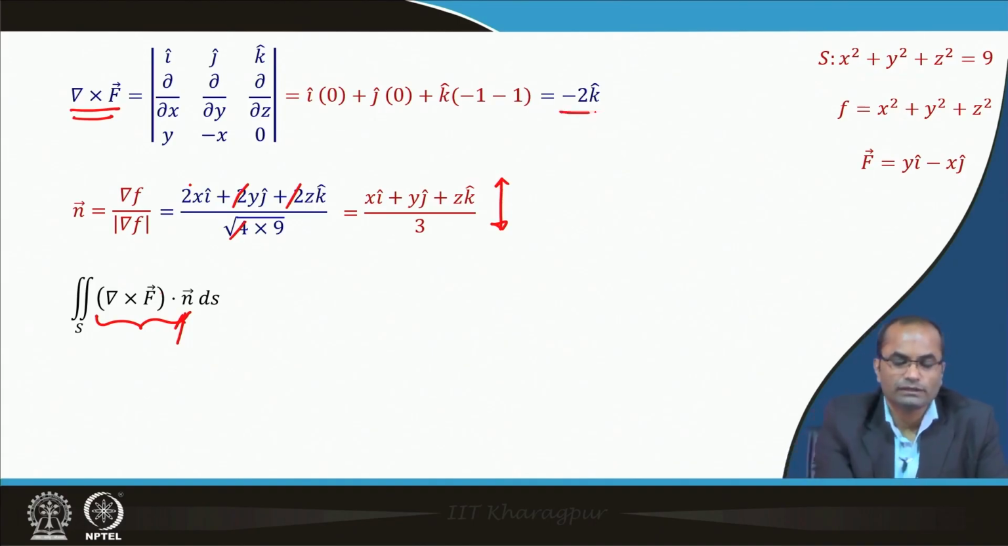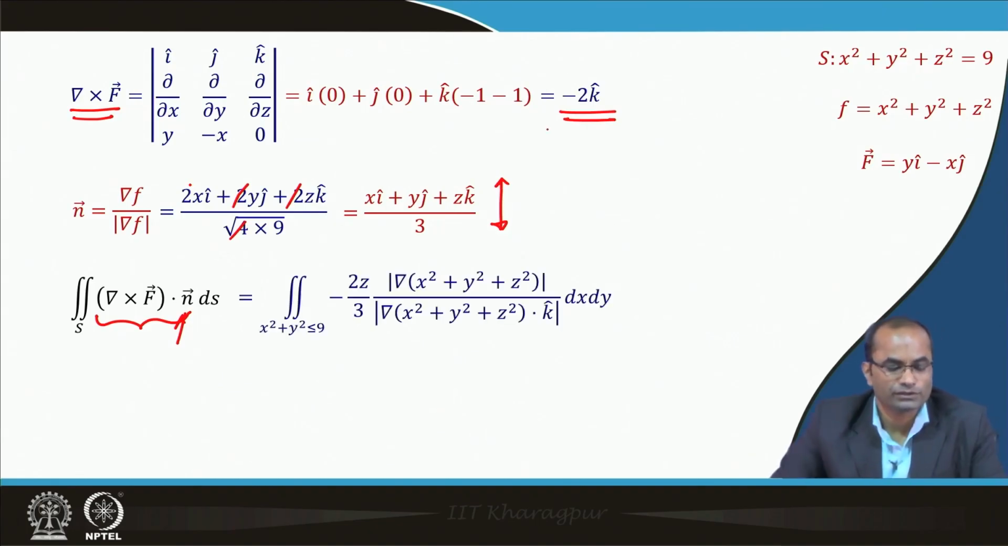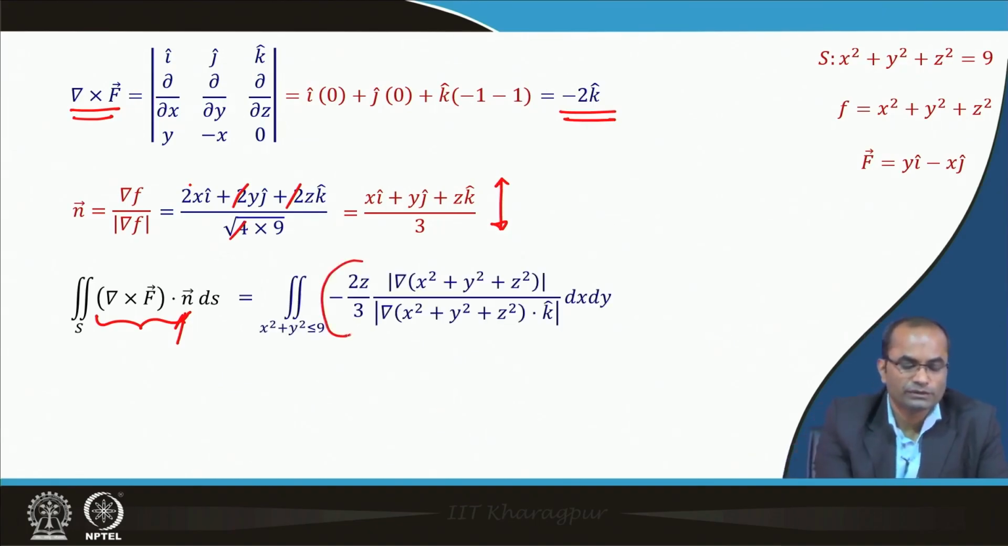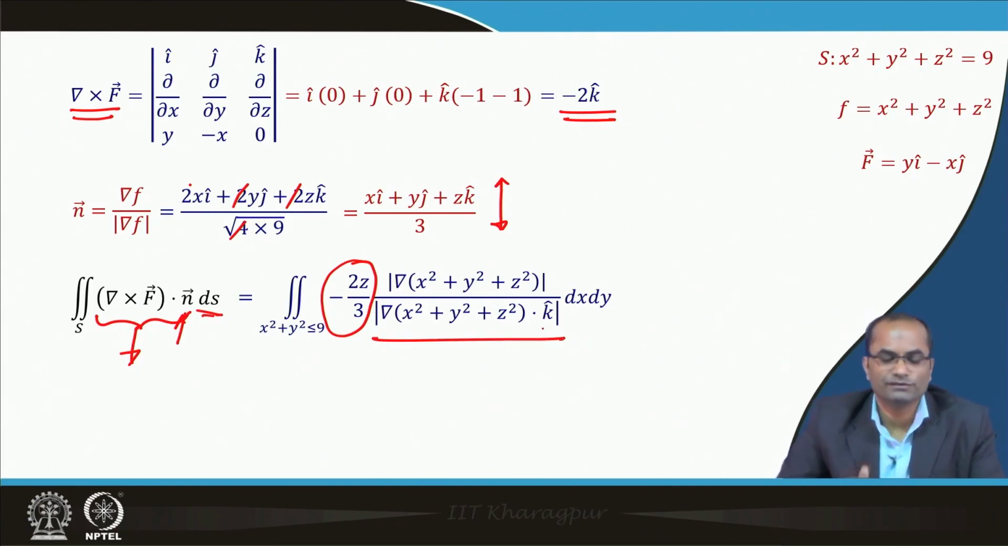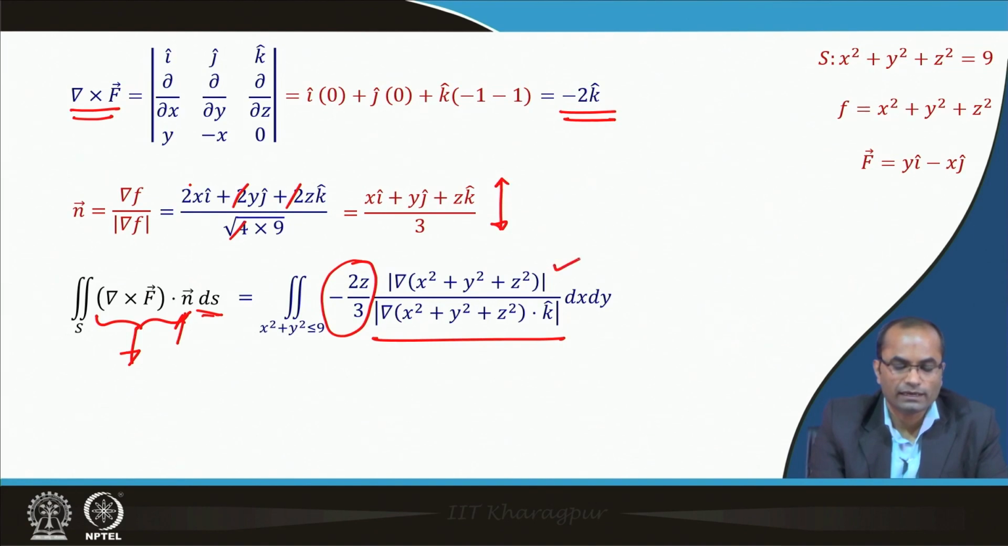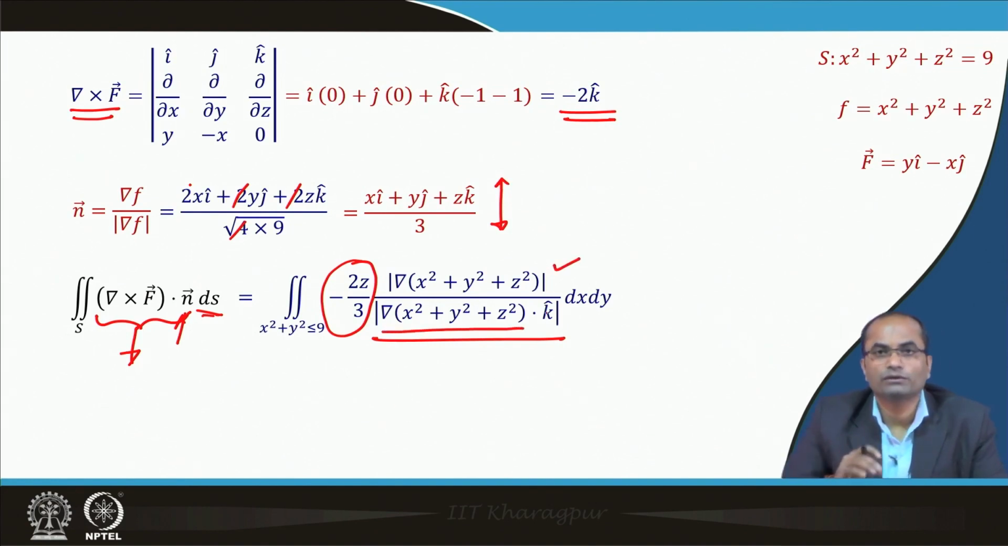So, there is only the k factor there. So, this will be just z by 3 and with the minus 2. So, minus 2 z by 3, this is the result of this integrand, and then for ds we need to have this factor which we have discussed in the surface integral. That means, the del f we need to get, and the dot product with this,